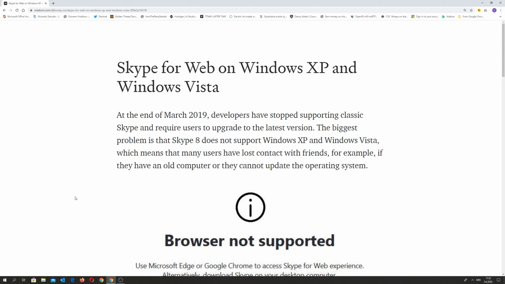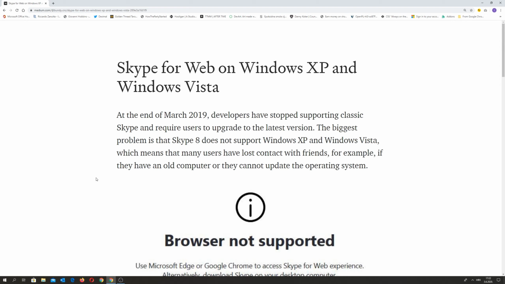But before I show you how you can do that, you know already that unfortunately Skype is not working anymore on Windows XP and Windows Vista, but what is most important, at the end of 2019 Skype Online or Skype for the web also stopped working.